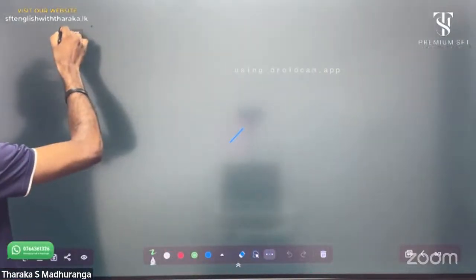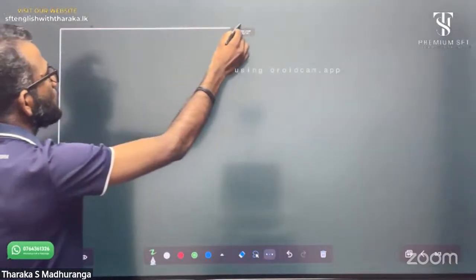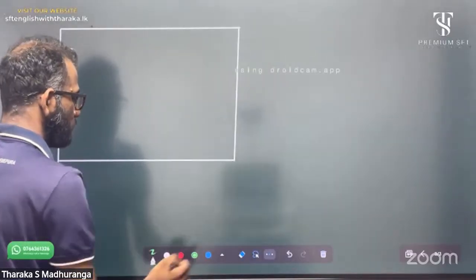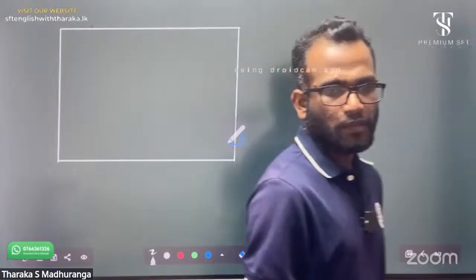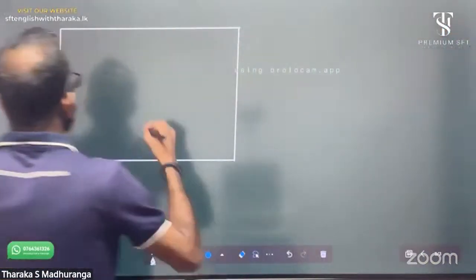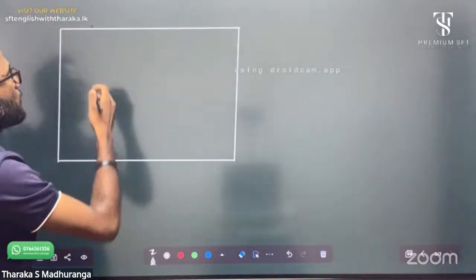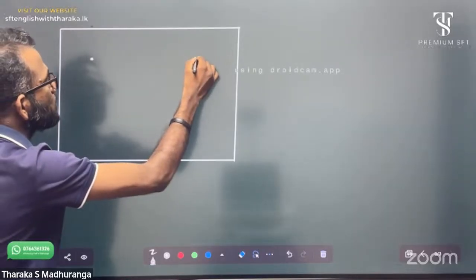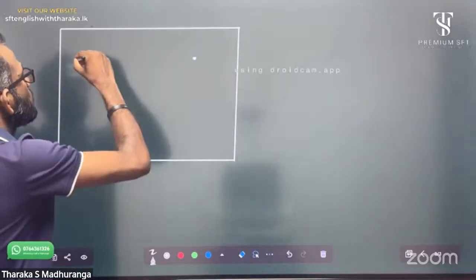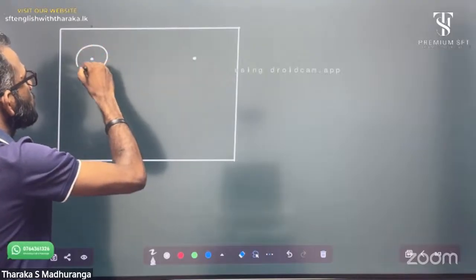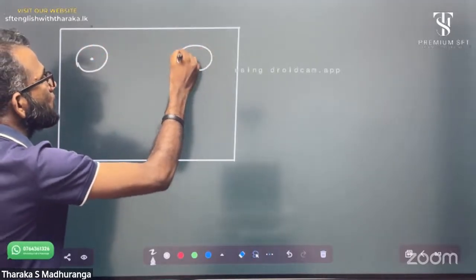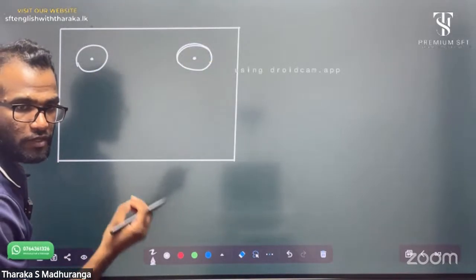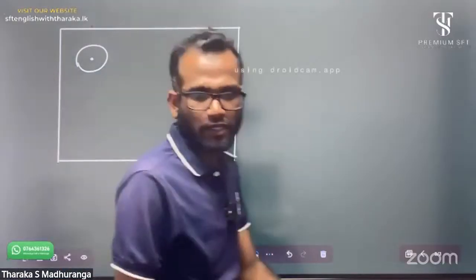get a wooden board like this. Think this is a wooden board, a rectangular wooden board. This force apparatus system is in the lab. There are 2 points on the same axis, on the same line, to fix 2 pulleys. Normally we have to use very smooth pulleys with very low friction.